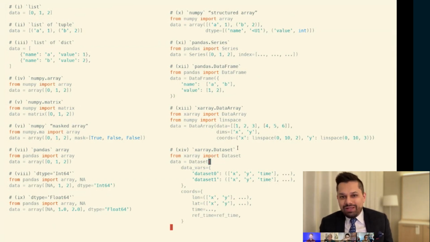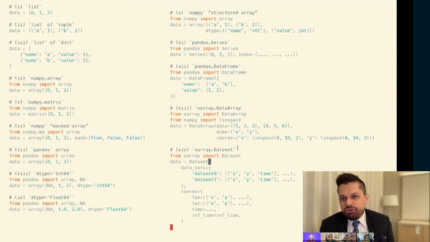The host panelists are going to be asked to look at the screen and pick two of these 14 different choices for core data structures out of just 3 libraries, NumPy, Pandas, and Xarray, and to explain, well, why would somebody choose one of these over another? And we might repeat ourselves a little bit. We may even find that there are multiple distinct reasons, but I'll start you off really simply.